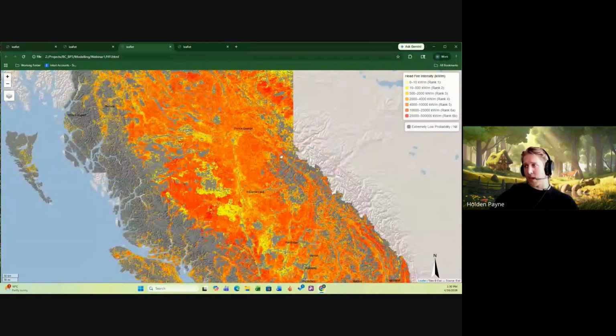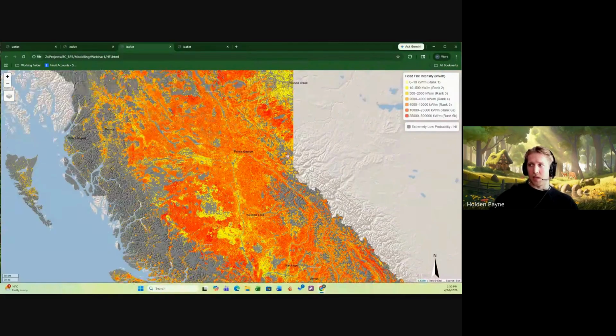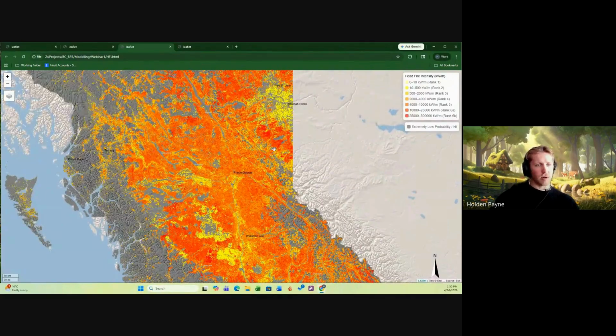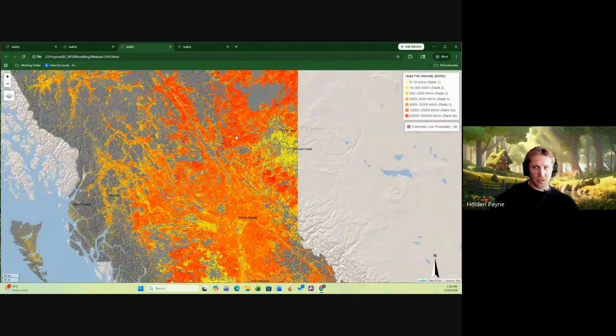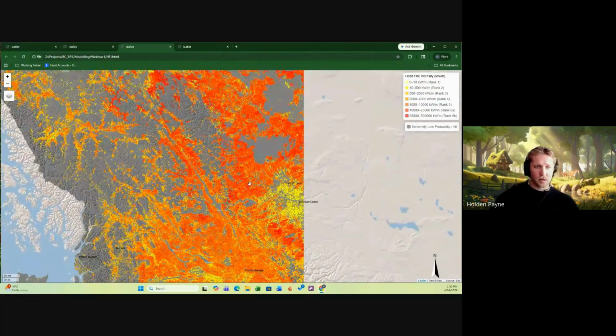and is manageable from a suppression perspective, certainly going direct. And then once you get above that, between 2000 to 10,000, you're getting kind of torching to the beginnings of some crown fire activity. And then past that is when it gets into really extreme crown fire activity, where suppression is very difficult, you have mass fire behavior that is driven by extreme rates of spread, high intensities, super large flame lengths, and potential for long range spotting.